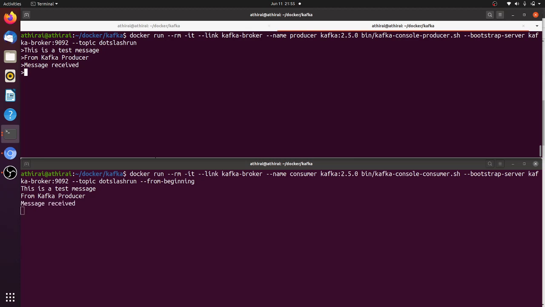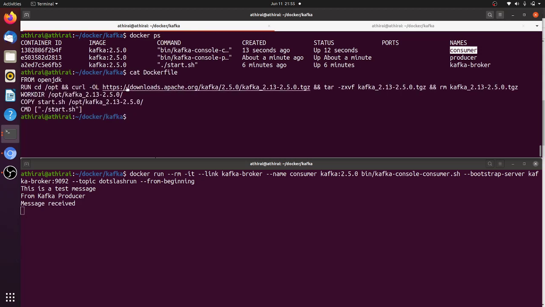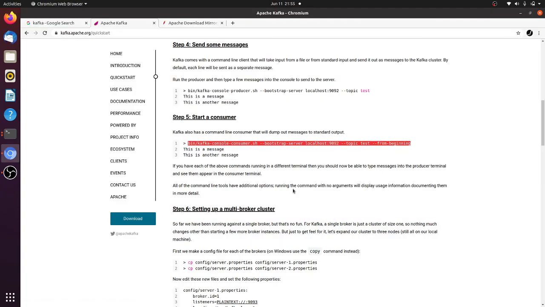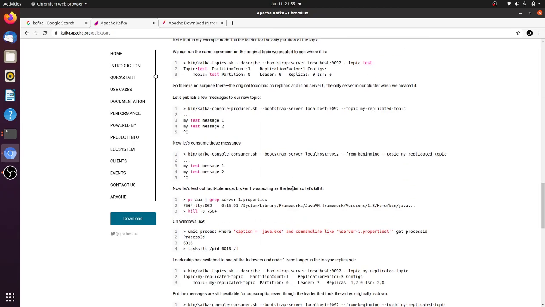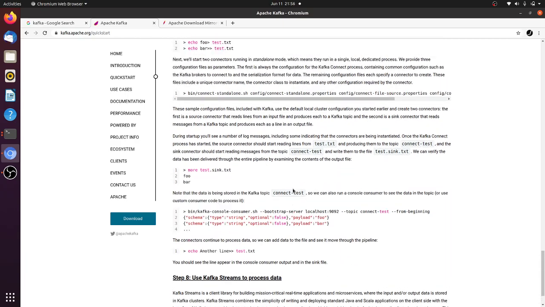So yeah, you can see now how with just 4 or 5 lines we are able to create our own Docker image, that is Kafka. So if you want to have any specific Kafka version which is not available on the internet or Docker Hub, do not worry, you can use this tutorial and create your Docker image and then use it. As per your project requirement, you can change the configuration also. You just continue with this document, then you will know how to create different kinds of Kafka cluster, and configuration we can change. All those things are listed here very clearly.